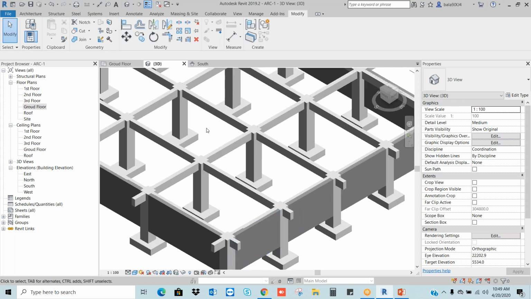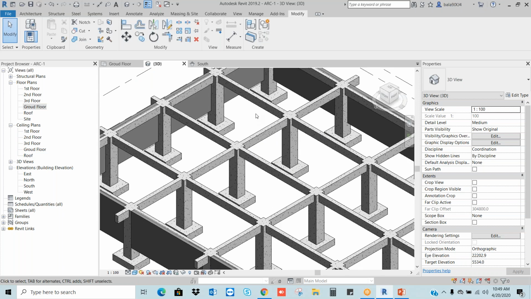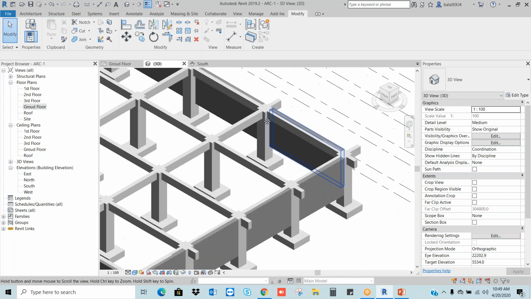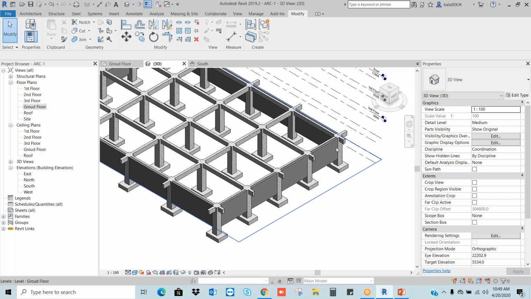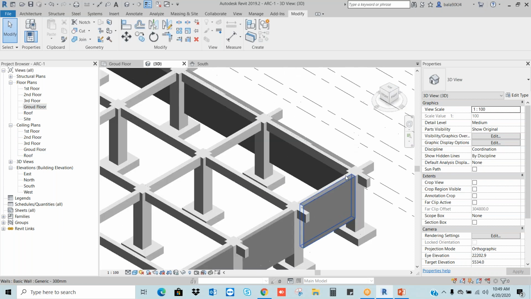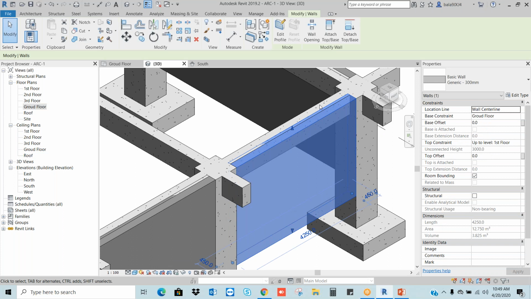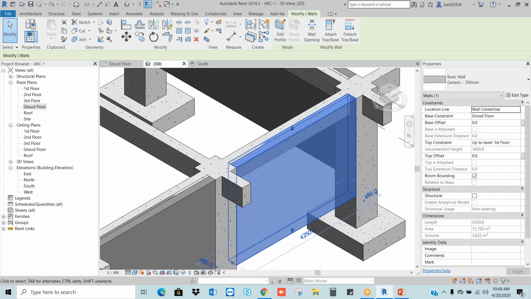Now if you go to the 3D view, you can see our 3D view, right? Can you see? Pan. Pan means you have to hold the scroll and drag. This is my exterior walls. But if you see, when you go to 3D view, my wall is reaching the top of the beam. Correct? So when you select the wall, it's reaching the top of the beam, but it is not correct. Our wall should stop below the beam.